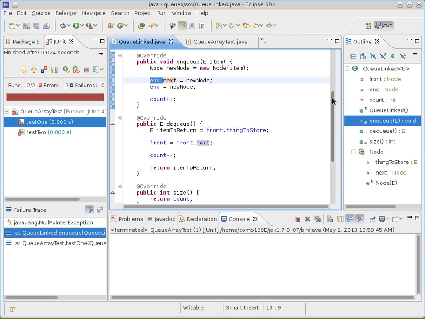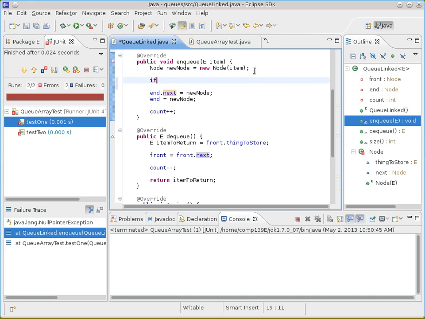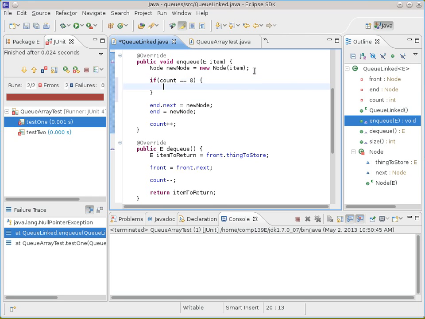So what's the problem? There's nothing on the list, so you can't chain something on to the end of the list because you don't have anything to chain onto. What do you want to do to fix it? What's the special case? If it's an empty list, so if for some reason the list is empty, which means count is 0. Now, by the way, in a lot of code and computer science textbooks, they may or may not have used that count variable, and even if they do use the count variable, you'll see that if statement written as if end is null,